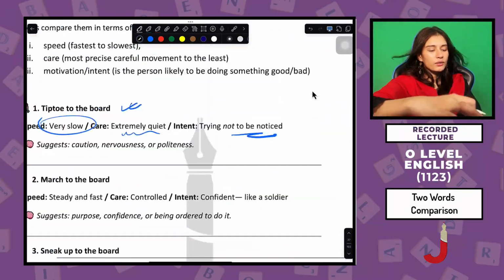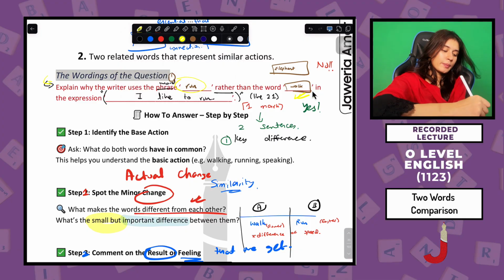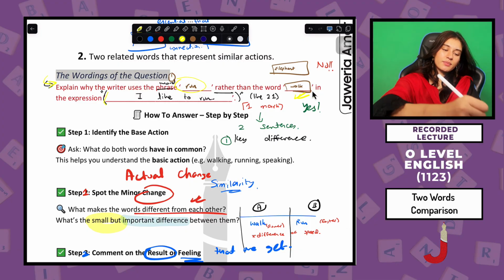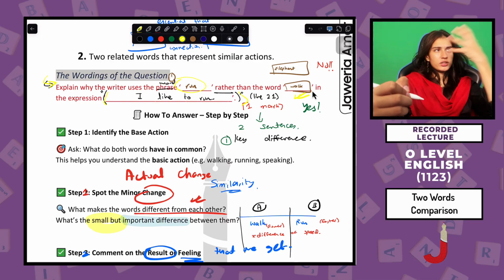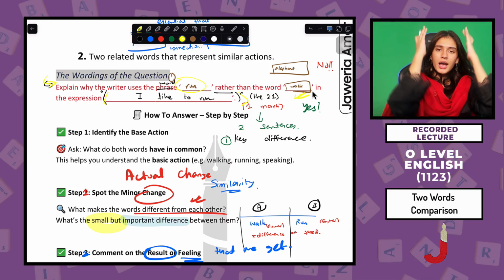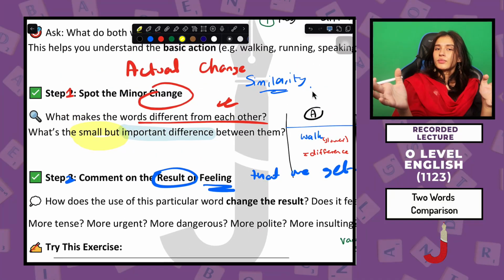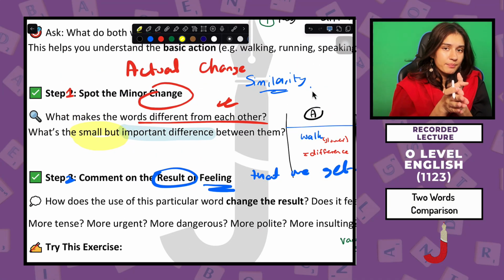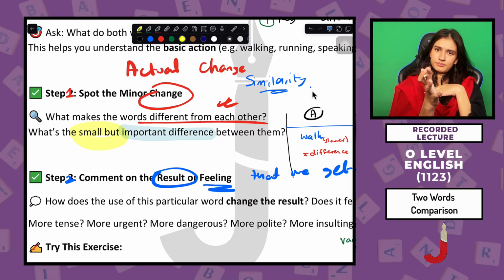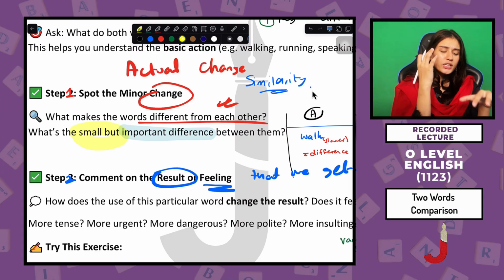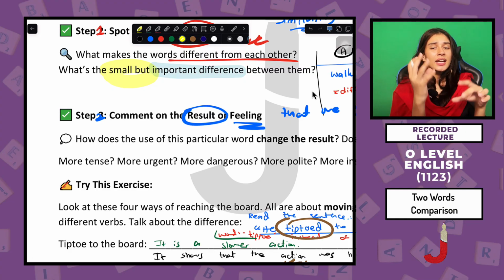It was just to give you an idea of how to get these questions and how you're supposed to solve them. A quick recap. Your question will look something like this. You will be given a sentence from the text and you will be asked, why has the writer used this word instead of this word? How will you answer it? First, you know that the words are similar. So then you'll identify what is actually the difference between them. You'll write the difference.